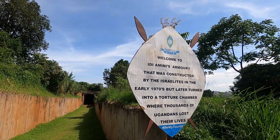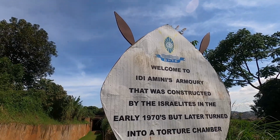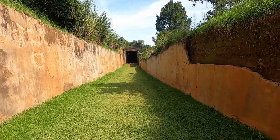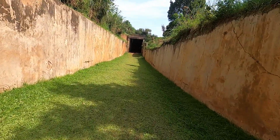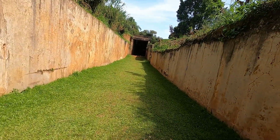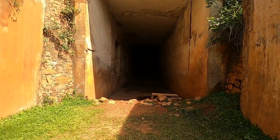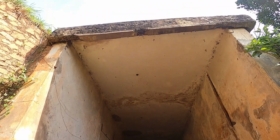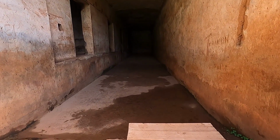Now, this was one of Idi Amin's torture chambers. But at first it was an armory which was constructed from 1971 to 72. Idi Amin used it to store his weapons for only 8 months. Now, this had a strong metallic gate here at the entrance, and this gate could be electrified. As we get in,